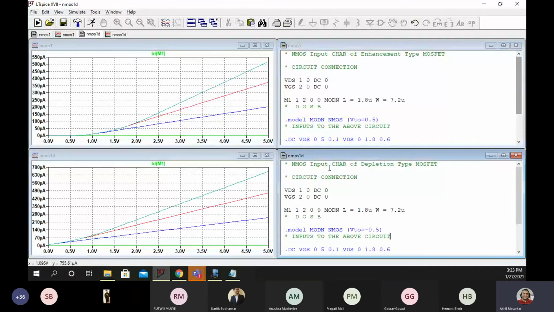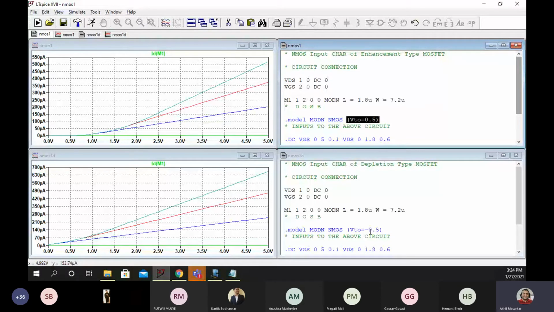So we are now working with the NMOS 1D file. Now you can see here threshold voltage was 0.5, so this characteristic starts at 0.5. Here threshold voltage is minus 0.5, so it should start from minus 0.5. So actually the characteristics is starting from minus 0.5, but we are not able to see that because it's on the other side of 0.